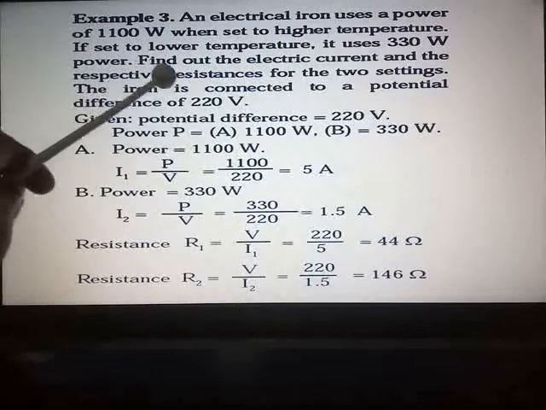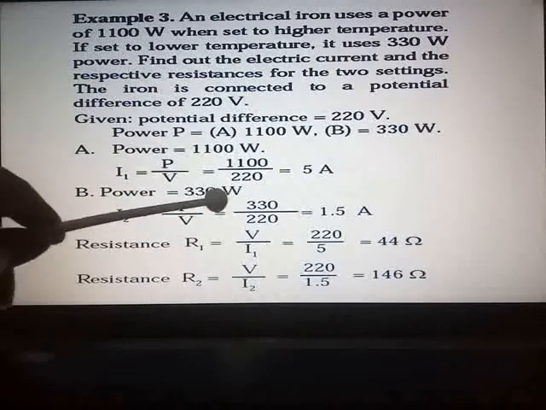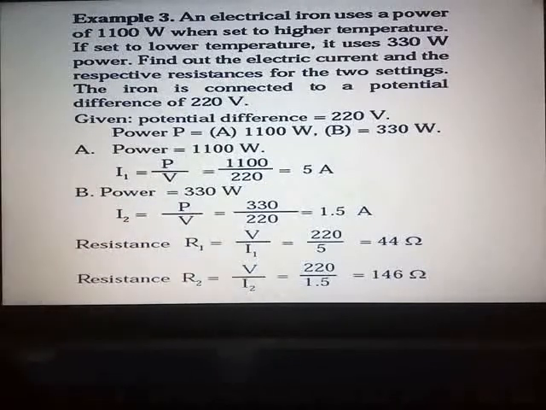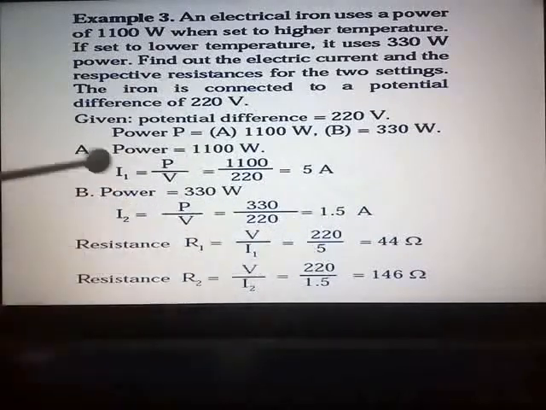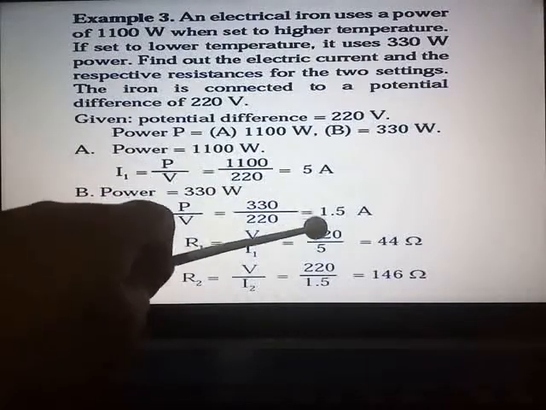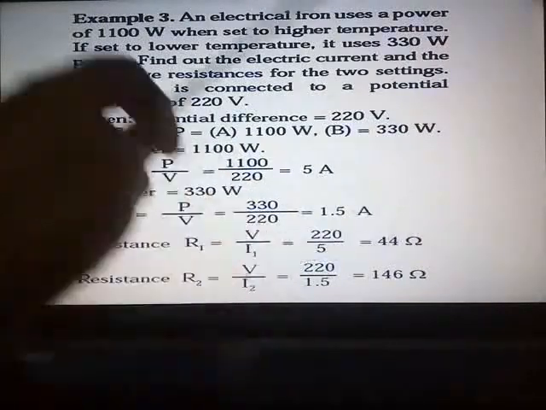Now you have to find out the value of R, that is the respective resistances. All of you know Ohm's law, which we have studied. In that, R is equal to V upon I. Here there are two values to find out, so R1 and R2, with I1 and I2 taken into account. So R1 is equal to V upon I1, R2 is equal to V upon I2. V is constant in both cases. So 220 upon the I1 value you have got, 5. So 220 divided by 5 is 44 ohms. Now as it is resistance, your unit will be ohms.